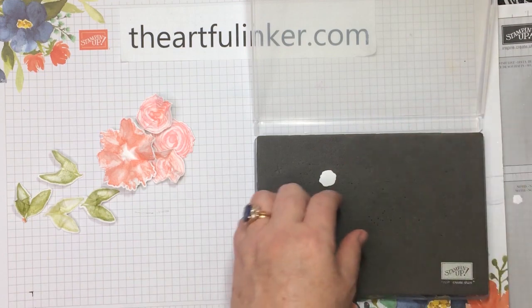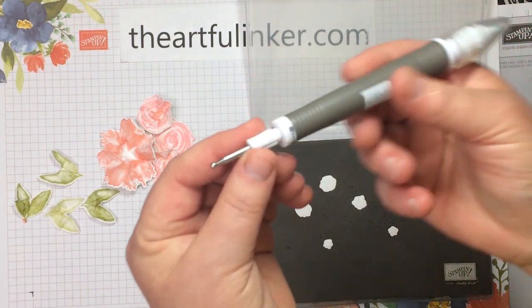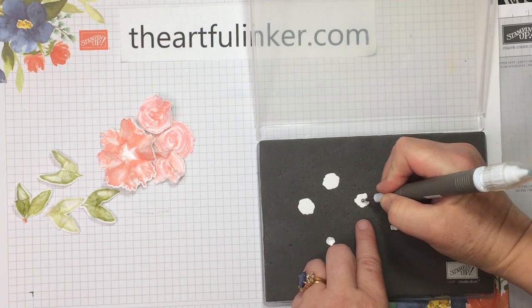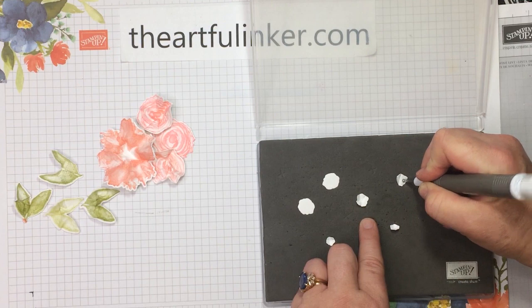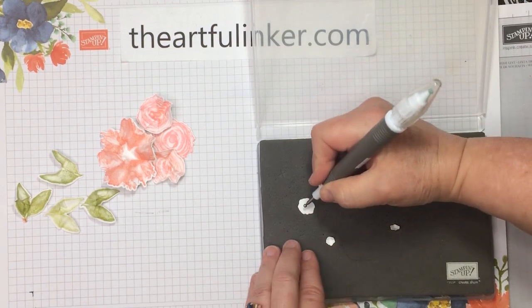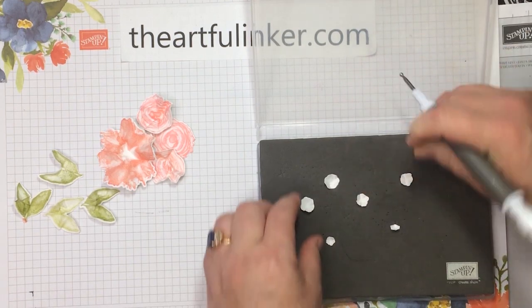So now I have my Stampin' Pierce mat and those little white die cut flowers, and I've got the ball end for my take your pick tool, and I'm just going to give these a little bit of a shape, mostly by just poking down in the center of these since they're small. These two larger ones will give a little bit of a round robin to help shape it. Okay,